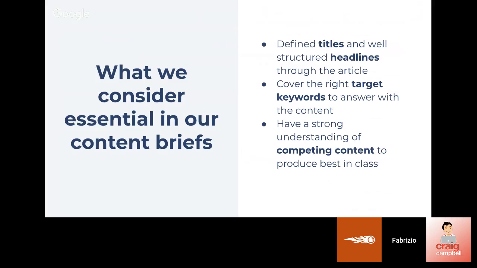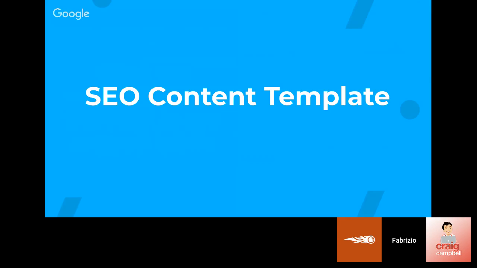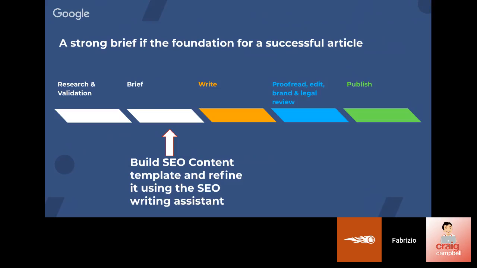And while we do that, we need to have a strong sense of what the competing websites are. Most of the time we're not inventing stuff that doesn't already exist. There are probably other websites that already try to write a similar article or have similar content. So it's really important that if we want to come up with possibly the best article in the space, we need to have a strong understanding of what these guys are doing. And that's pretty much what the SEO content template does, right? If you go straight to the tool, and what Craig just showed, it helps you create a brief, a template, and then